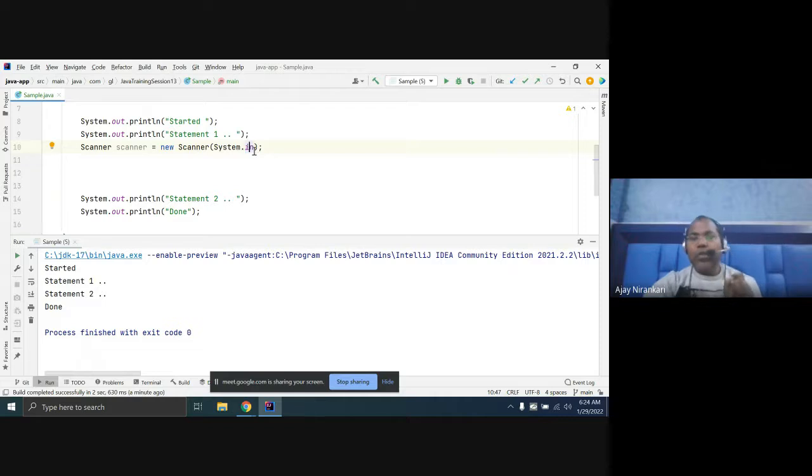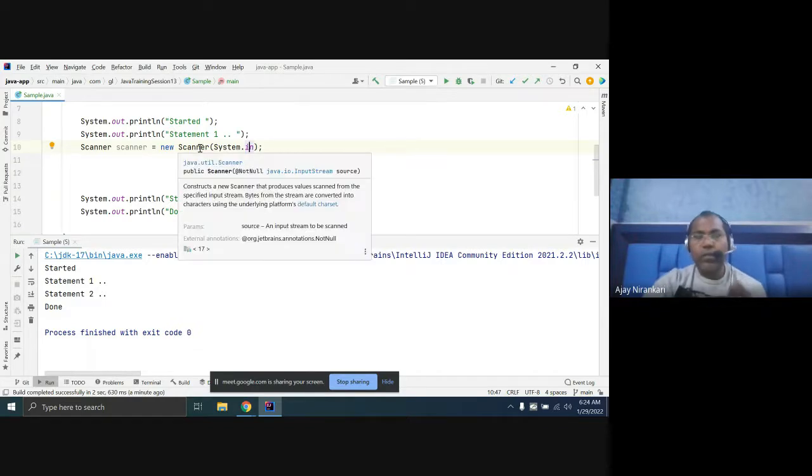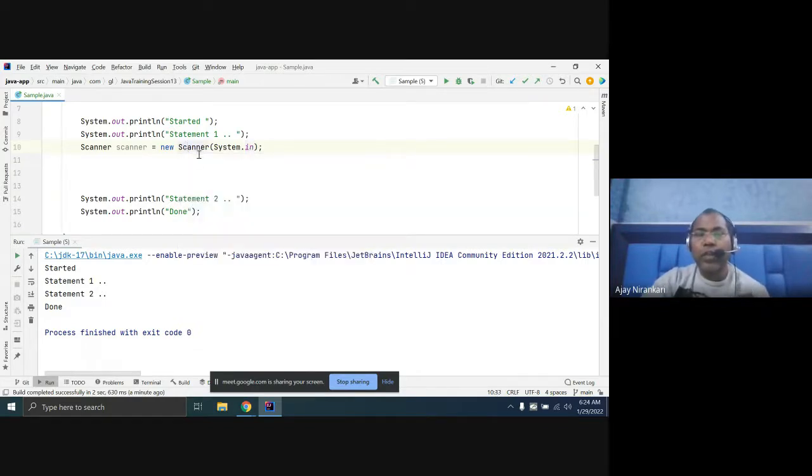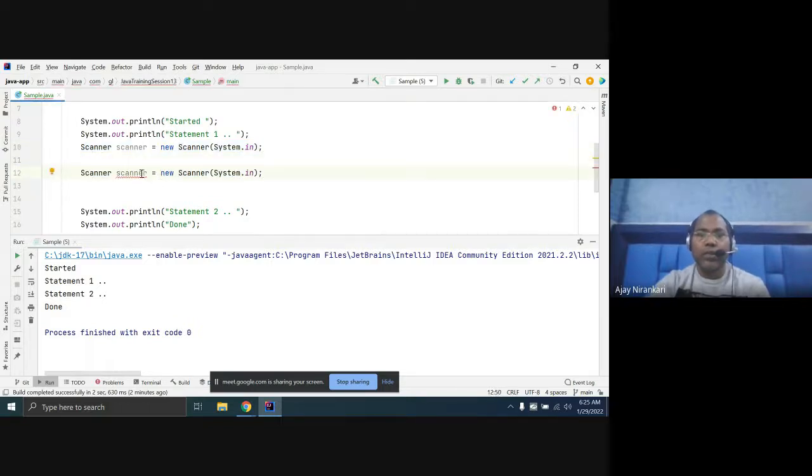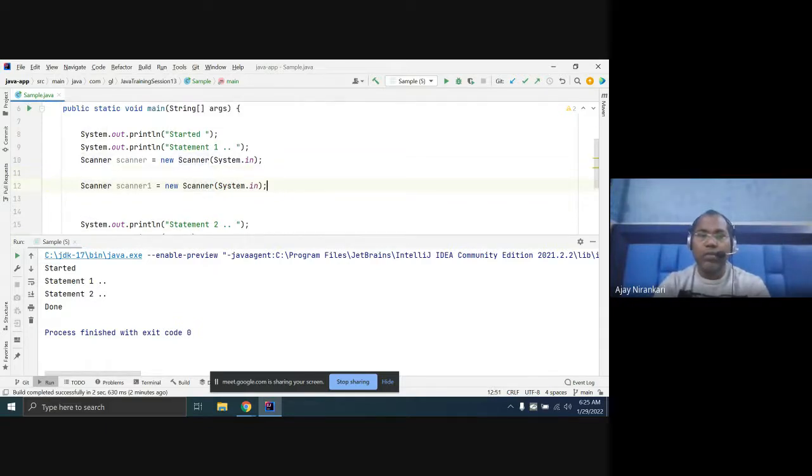So one question, from Khushpreet: can I pass something different here, in the Scanner class, instead of System.in? Here I can pass anything, any message.